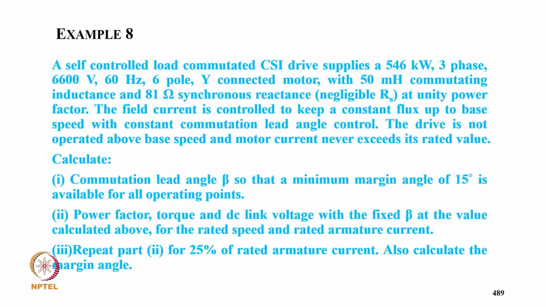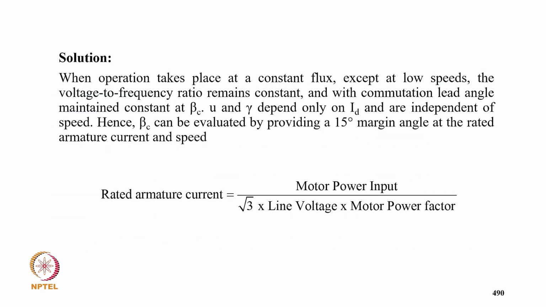Calculate power factor, torque, and DC link voltage with a fixed beta at the value calculated above for the rated speed and rated armature current. Repeat the second part for 25% of rated armature current. Also calculate the margin. Coming to the solution, when the operation takes place at constant flux except at low speeds,